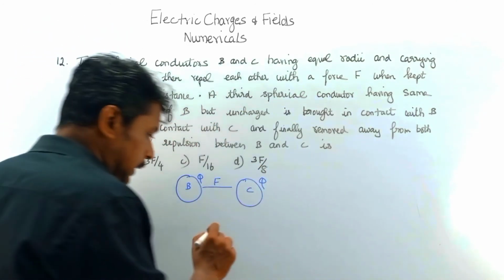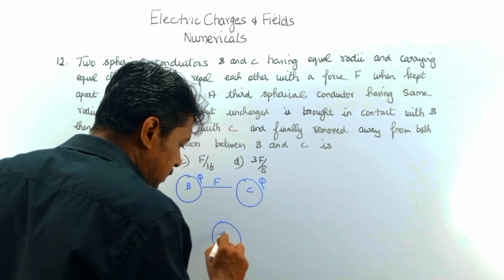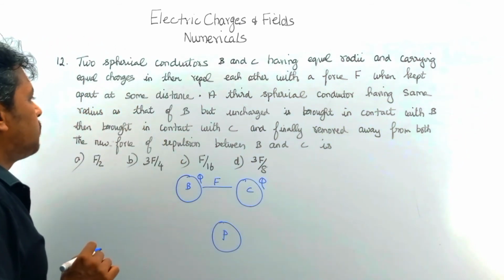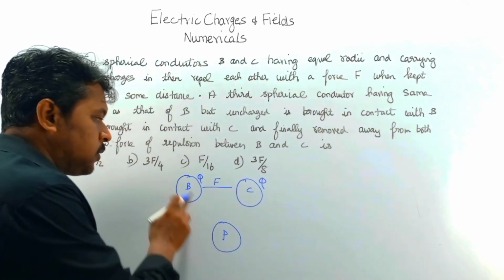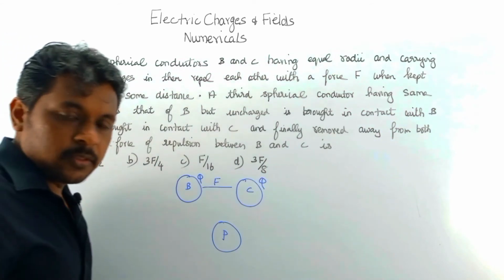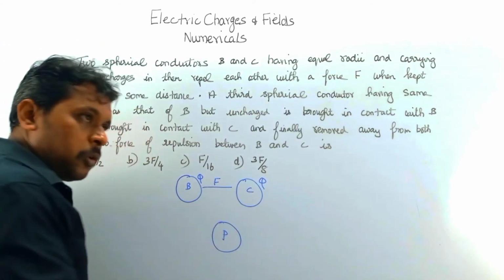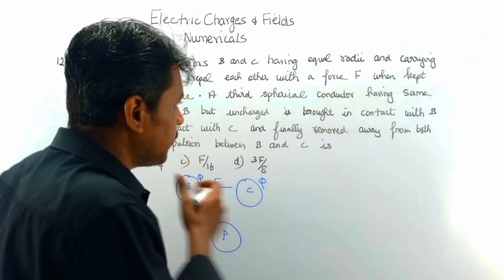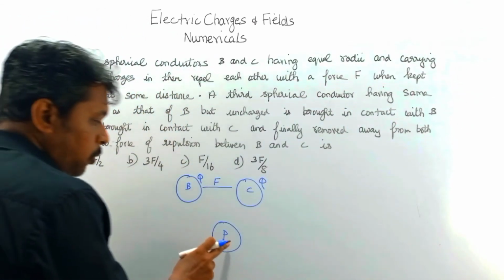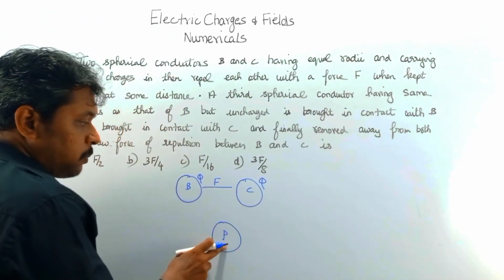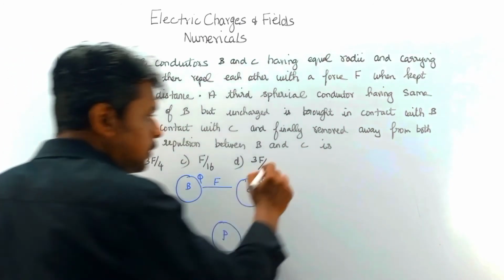Now we are taking a third spherical conductor. Let us name it as P. It has the same radius as that of B, but it is uncharged, which means it is totally neutral in nature. First, it is brought in contact with B. So when it is brought in contact with B, see,